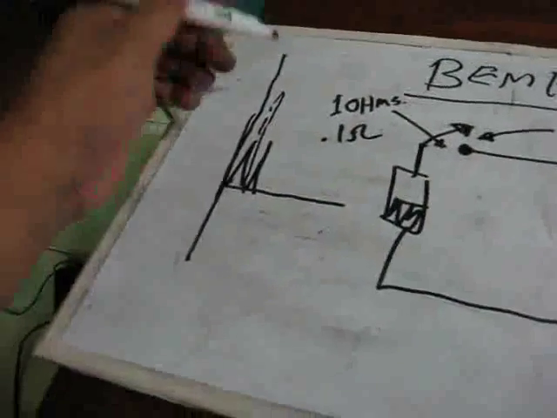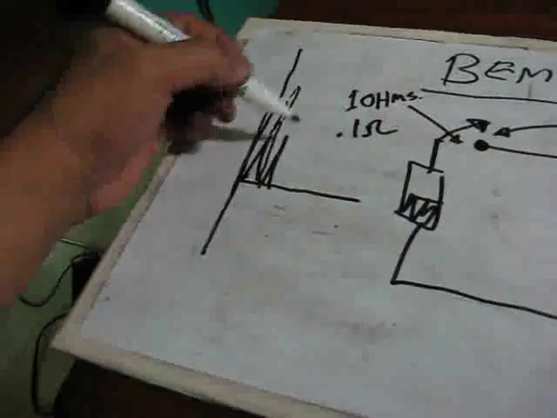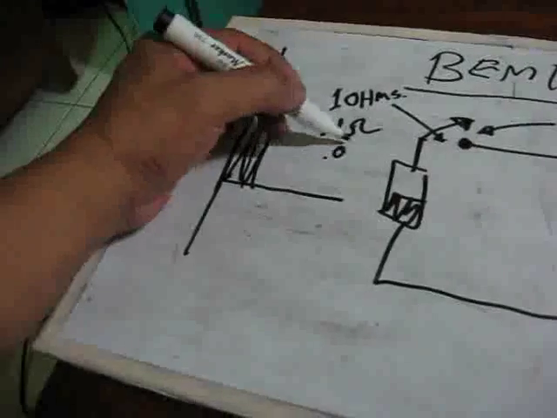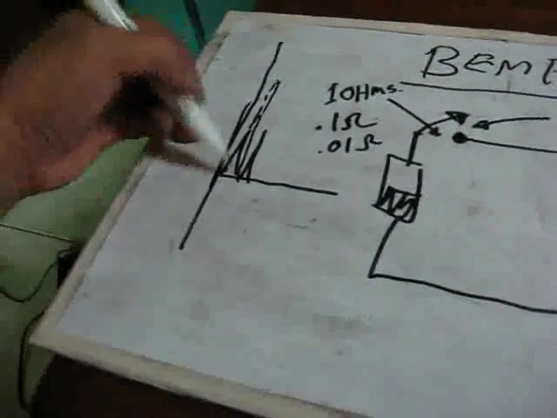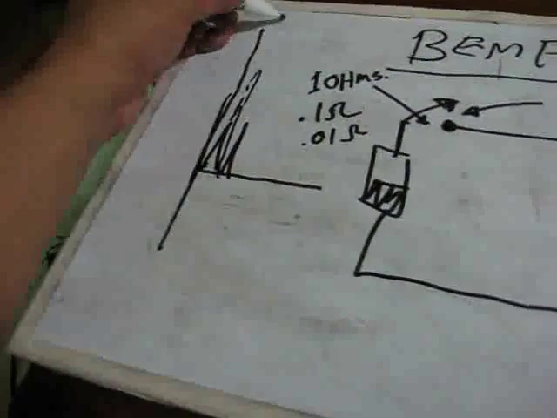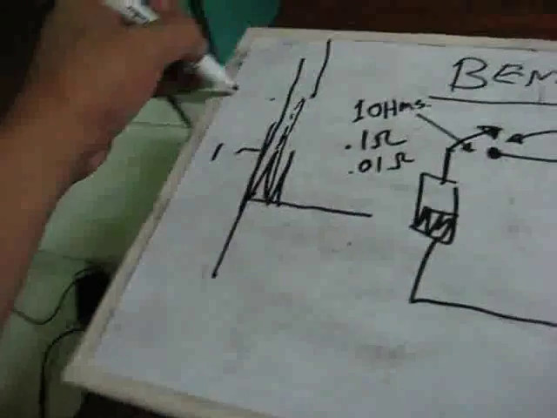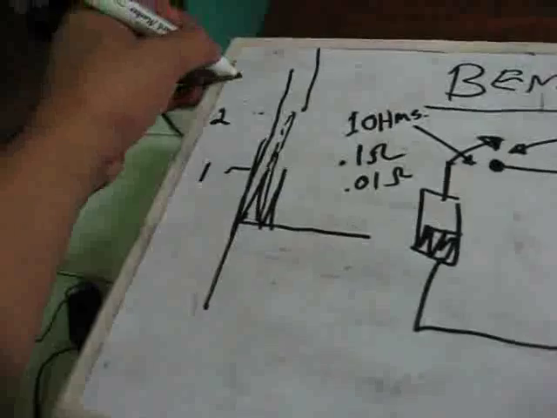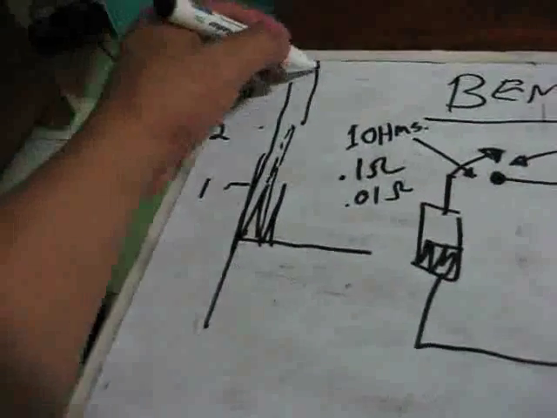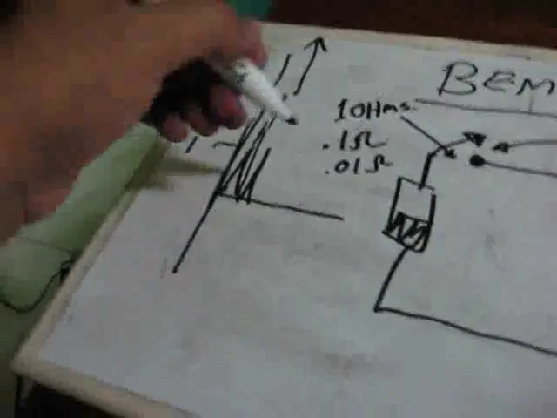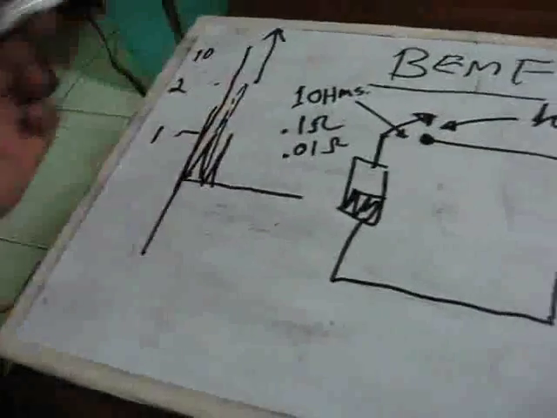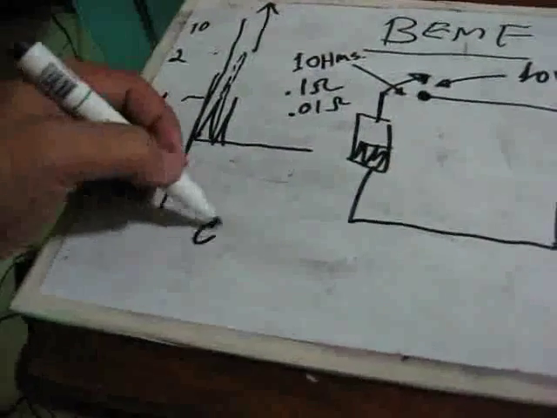But you are still not at the ambient level. But if I make it 0.01 ohms, the spike will go up more than this. So if this is level 1, this is level 2, it will go to level 10. A much higher spike if you reach 0.01. But the MOSFET and IGBT conduction resistance